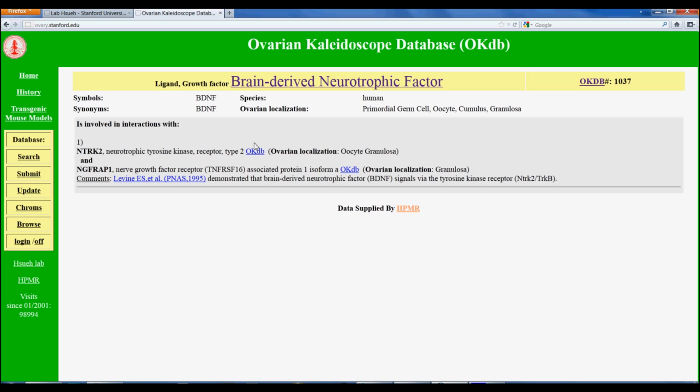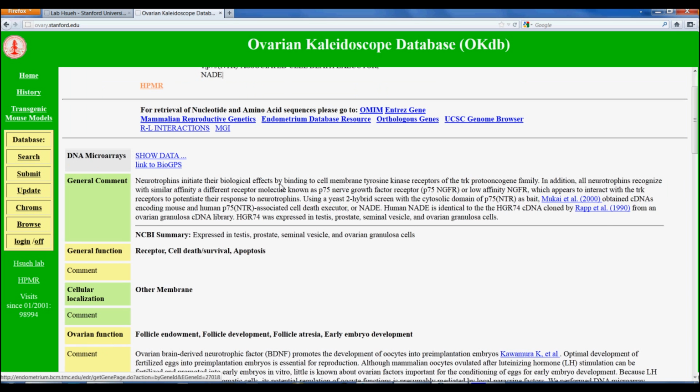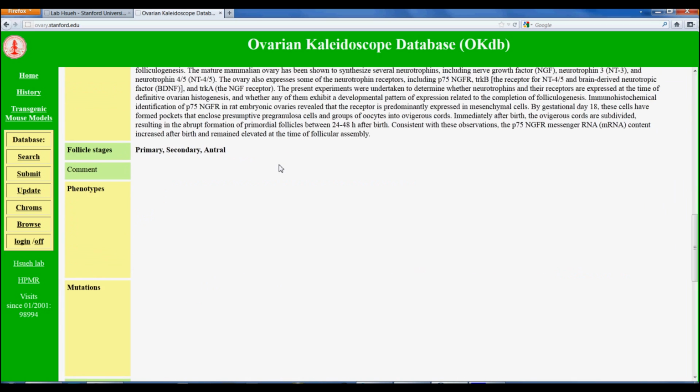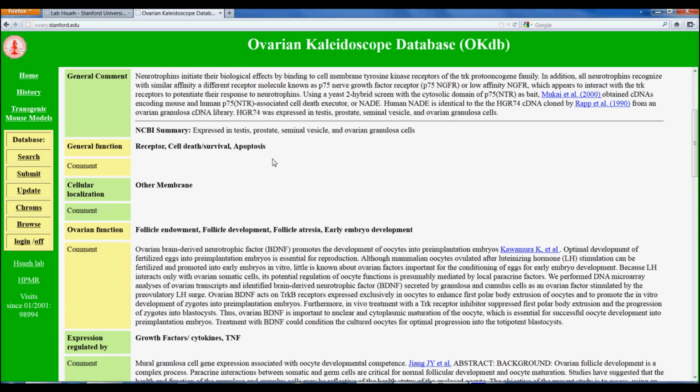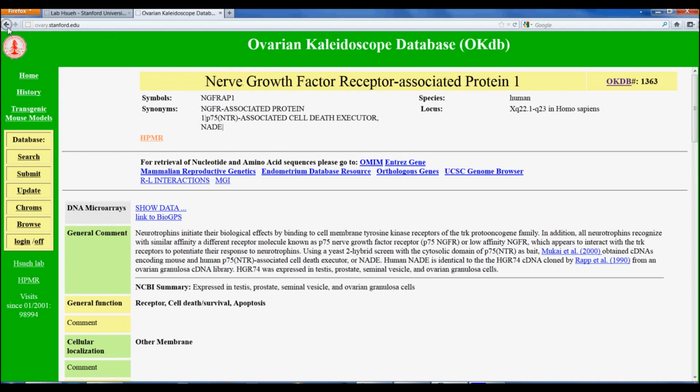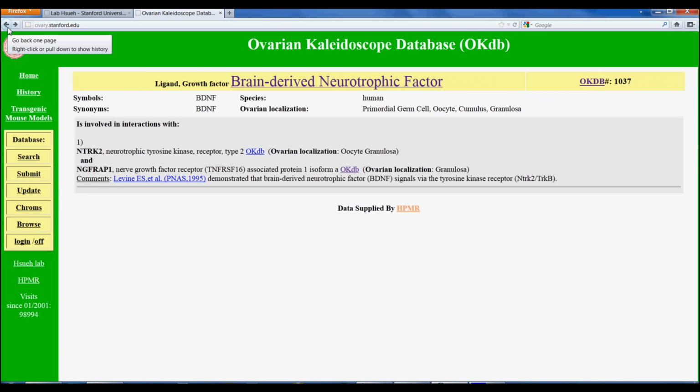And as you already know, for BDNF we already did the search, and on the same page it tells you BDNF is found in the cumulus cell and granulosa cell. And if you click on this link, you can certainly see the receptor gene in terms of the literature. Okay, and now go back to BDNF. I want to show you why this